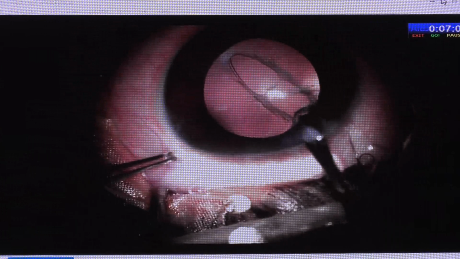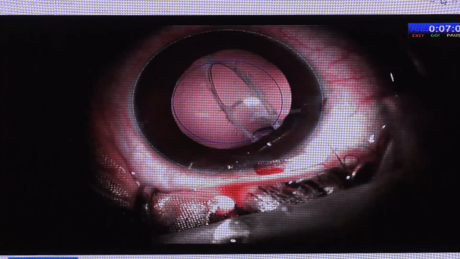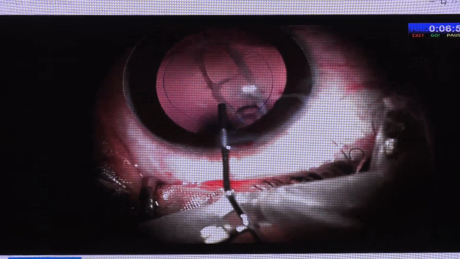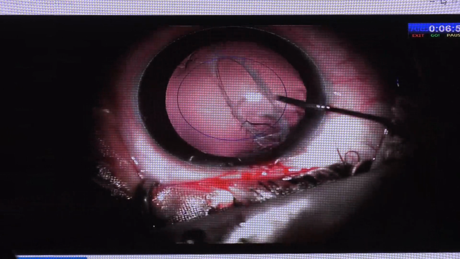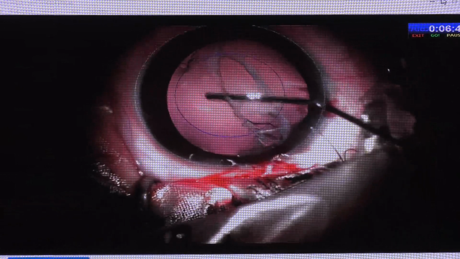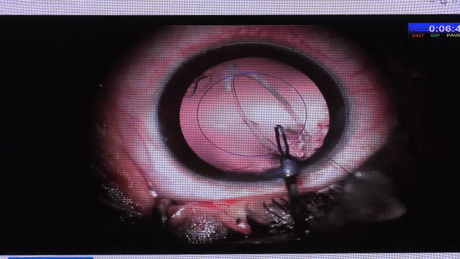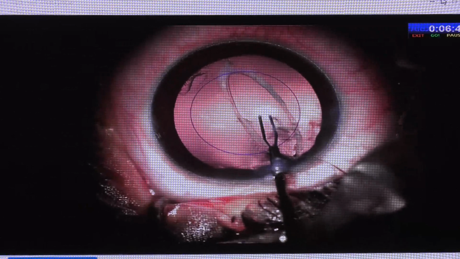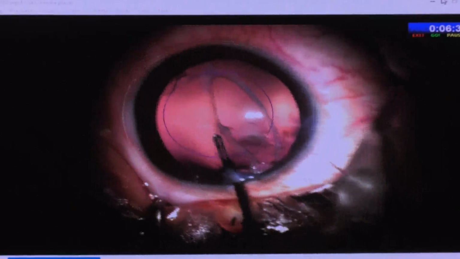At the beginning, 3 MVR entries are made. Adrenaline is injected to dilate the pupil. Viscoelastic is injected in the anterior chamber as well as in the bag. Microincision forceps is used to convert the peripheral posterior capsular defect into posterior capsular excess of adequate size.